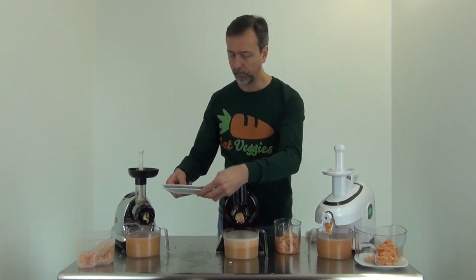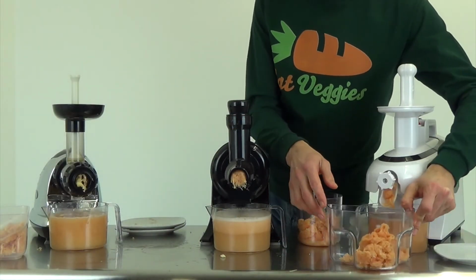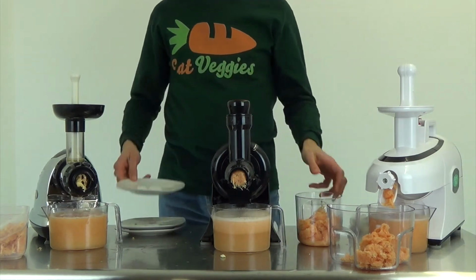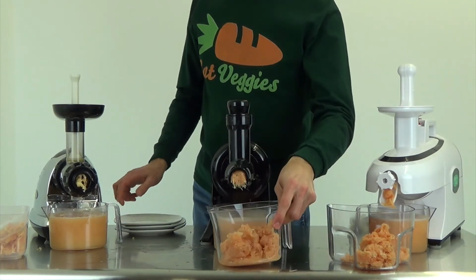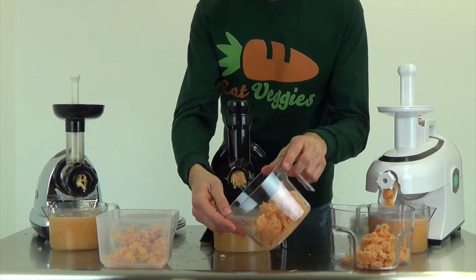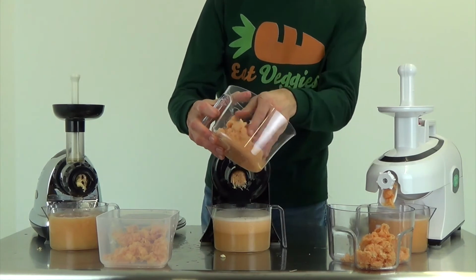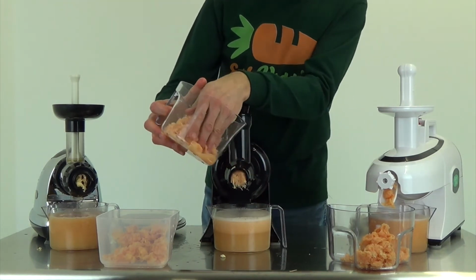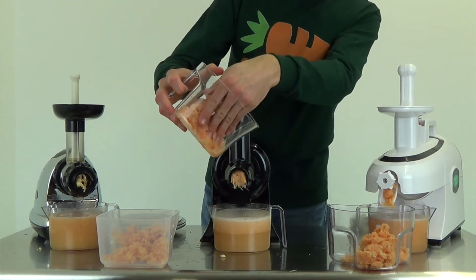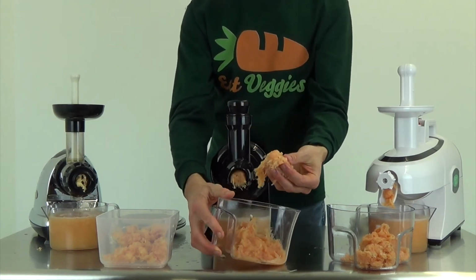Okay. Move some of these things aside. We'll compare the pulp with each juicer. Here's our pulp with the Champion, and pulp with our Omega 8006. With the Champion, we're already seeing some juice in the cup here. Definitely the one that's leaving the most juice in the pulp. It's very moist